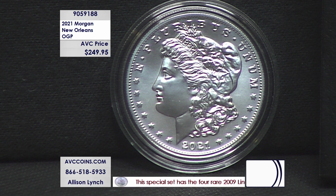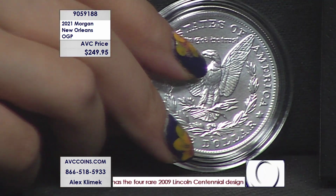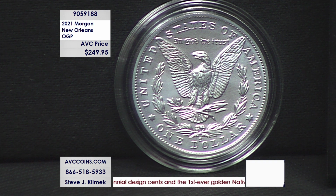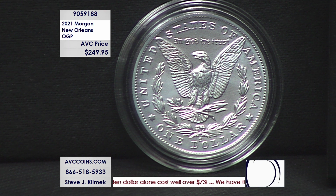This 2021 issue struck with brand new modern U.S. Mint production styles has created one of the striking best examples of the Morgan dollar design in the entire series. The only coin that can even come remotely close to looking as clean as this design does are those 81 S's that are known as the finest Morgan dollar design ever. This coin in the OGP with our competition would cost you over $295, with some competitors asking for upwards of $350. We are at least $45 less at just $249.95 each. This coin is a living, breathing piece of U.S. mint history,